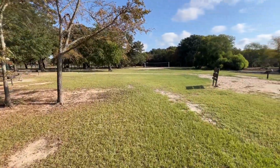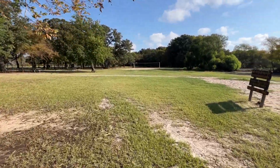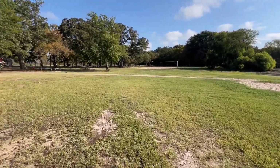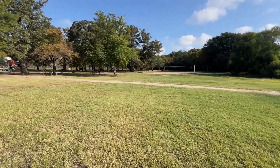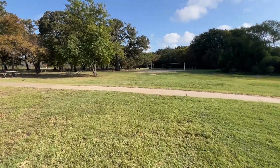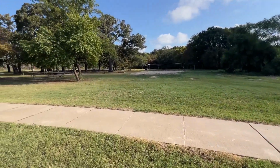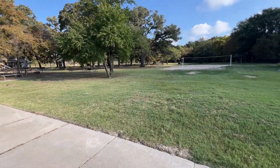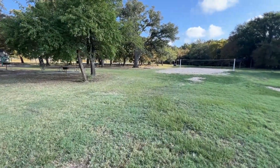And then you can't beat the green space that they have. The amount of green space out here, it's awesome, y'all. Bring the kids out here. They're gonna love throwing a frisbee or a ball. Bring your volleyball. They have a volleyball court out here. Really nice net. One thing I can say about the Doctors Creek unit here at Cooper Lake State Park is that they really maintain their facility out here, and